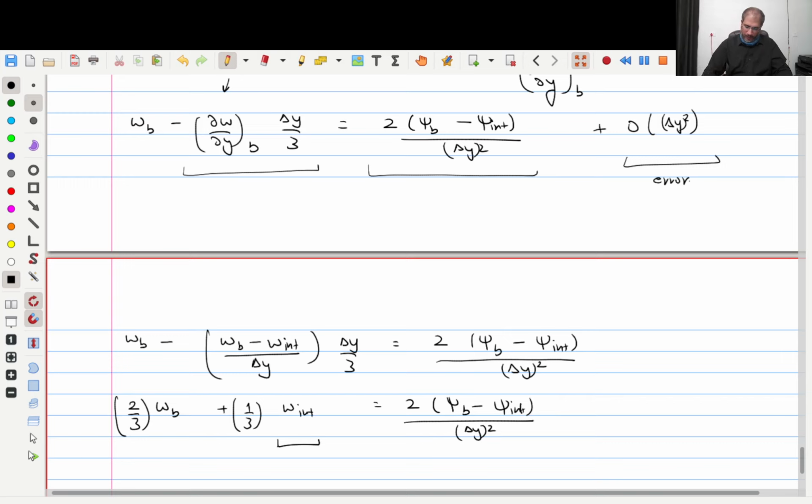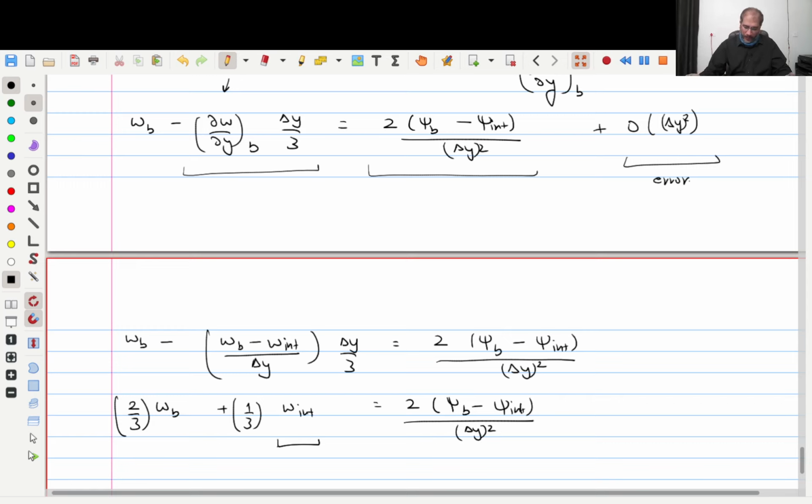Will this result in an implicit sort of expression? Actually, that depends on how we deal with these points. So if you have already calculated omega interior in the loop in an explicit, let's say, expression in an explicit